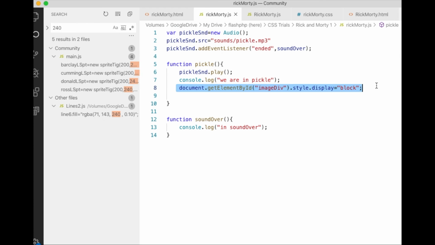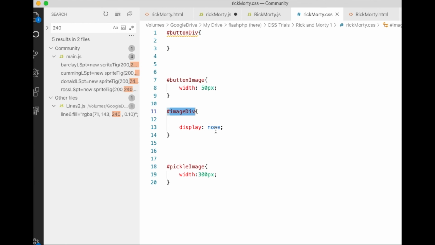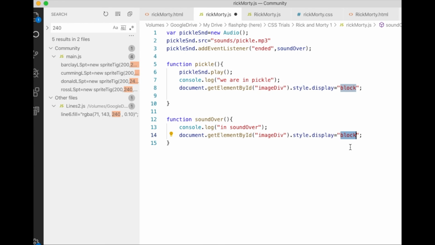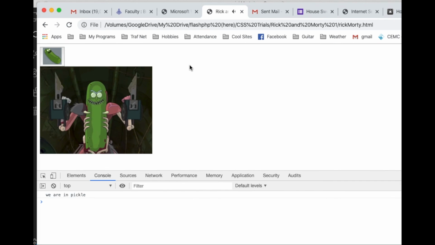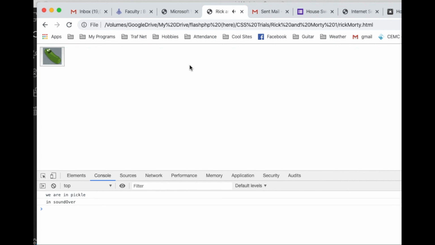I'm going to copy this code up here for the block. And what am I going to change the word block to? Display is none. So we want to change our display to none in the JavaScript. We just have to change block to none. Refresh. We click on the button. And that's it. Okay, that's the program. You have a button, you click on it,